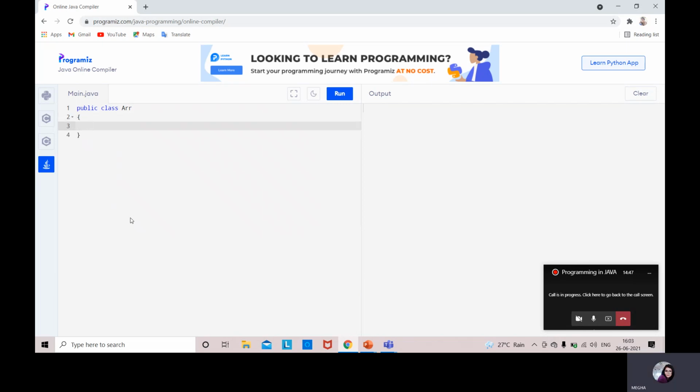Inside this, the main function should be used, that is public static void main. Inside the main function, we will initialize int array